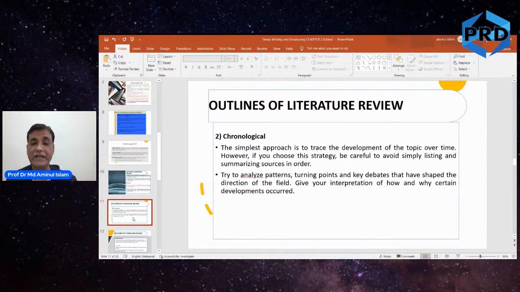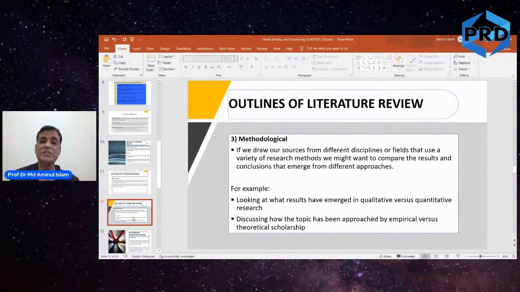Now, there is some research where methodology is being highlighted, where your contribution is more on methodology. In that case, you start with thematic and then combine it with methodological. All right, but again, the chronological will be there, right? So you start with thematic, chronological, and methodological will be highlighted.